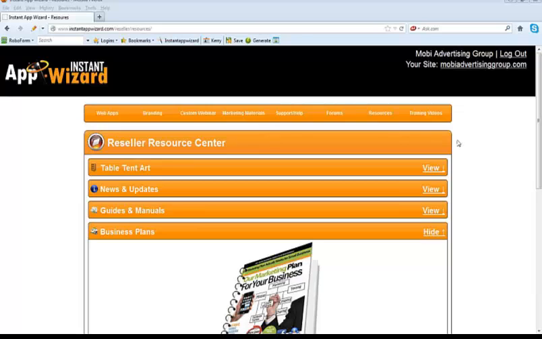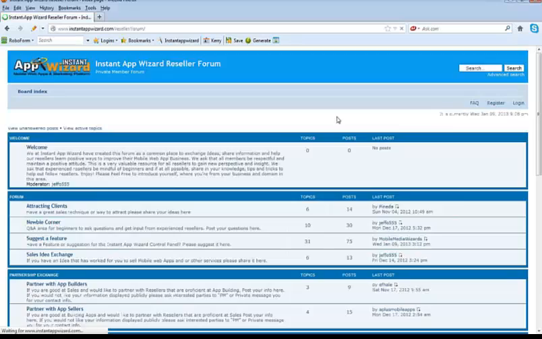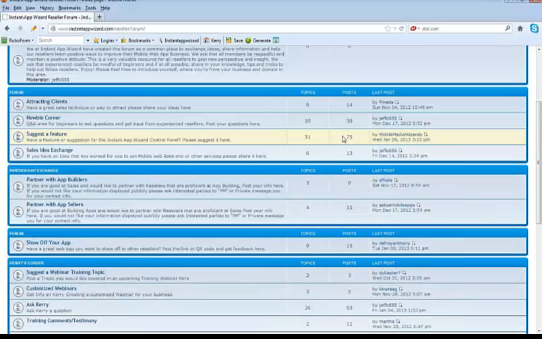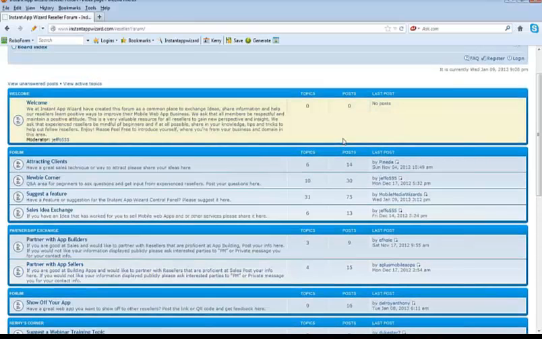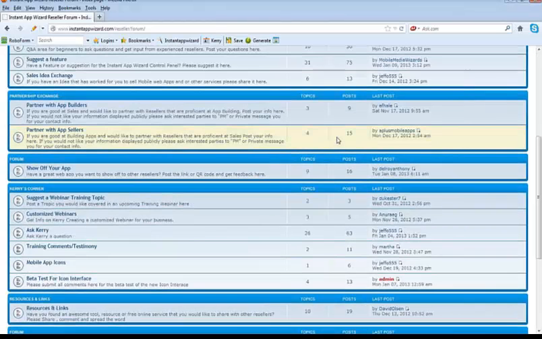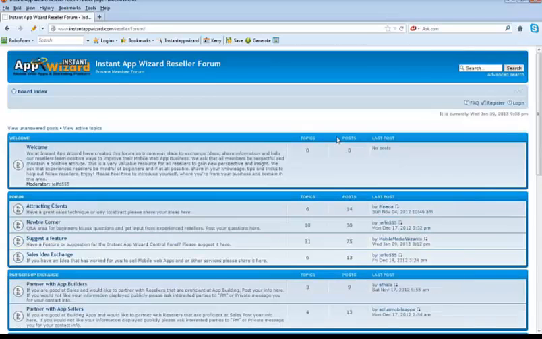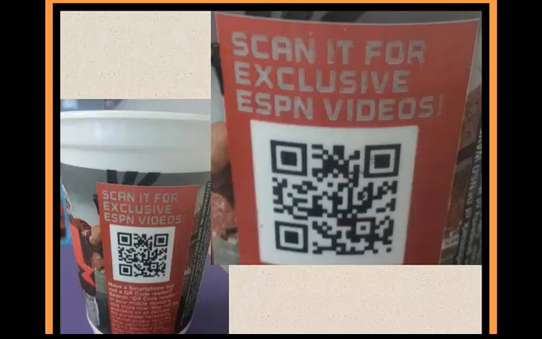Go into your control panel and go into the forum if you've not signed up for the forum. We have several guys that can go in there and answer your questions. We've got administrators that can go in and answer your questions, and we're more than happy to work with you in the forum. Great way to contact and talk with other resellers, and I tell you, we got some really sharp guys out there that administer this thing, so feel free to go in and sign up for that forum and be a part of that, especially if you have questions. Some of these guys have been here for a long time.